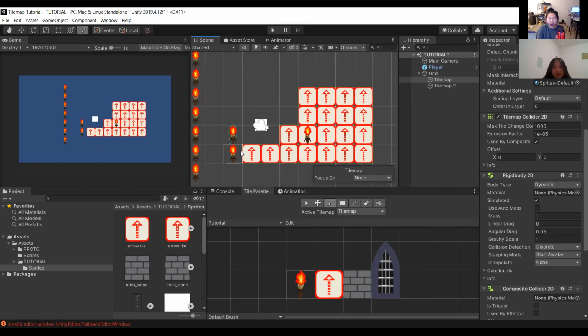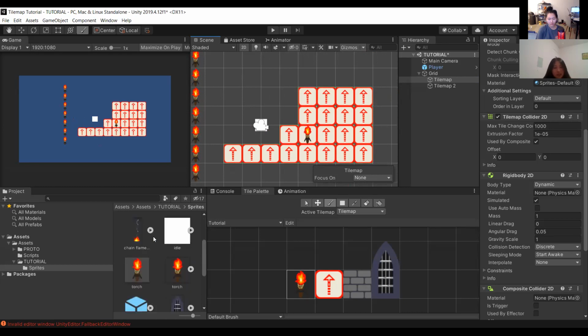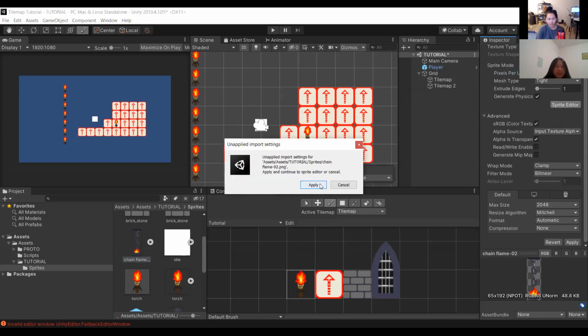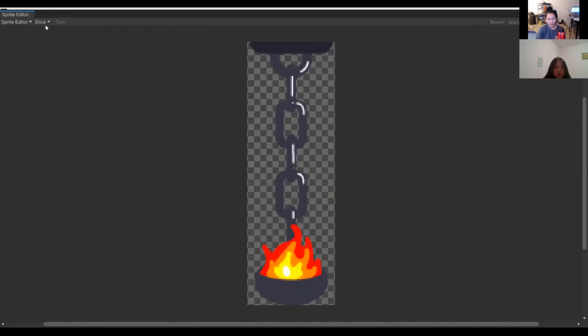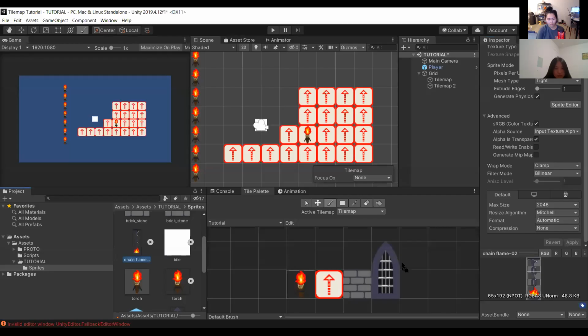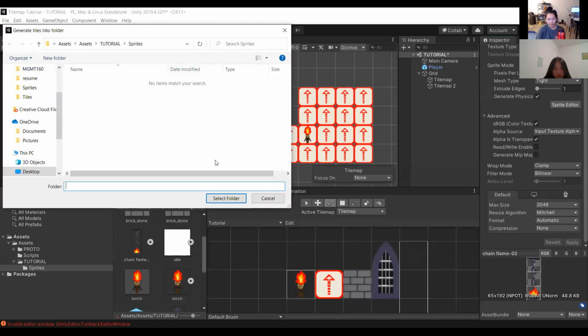So if you have a simple triangle or stuff like that, you don't have to create a completely separate collider. Of course, if I have something like this, hold on, I need to cut this really quick. I'm just splitting my chain flame into 3 parts, which is the same process as splitting the window. I'm just doing that real quick to show you guys something else I'm talking about. Okay, let's try this right there.